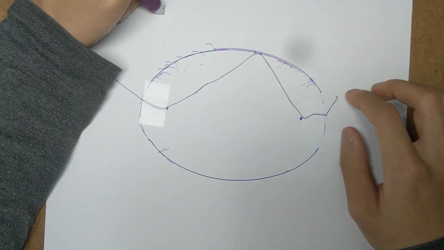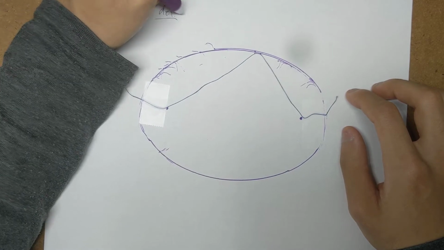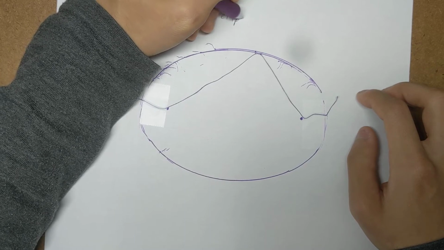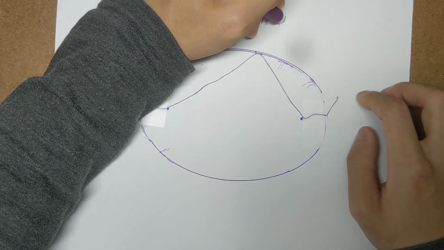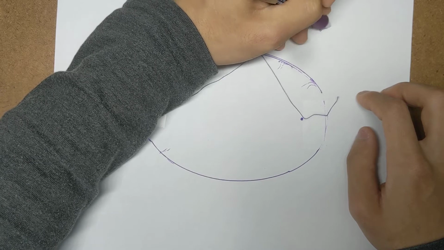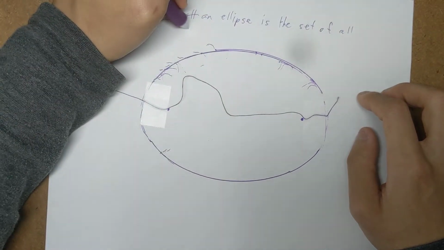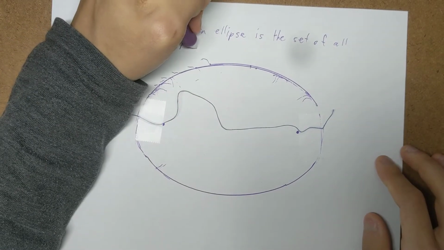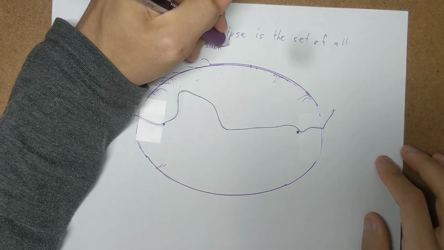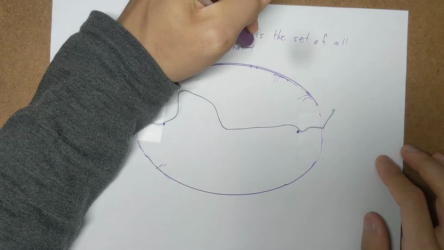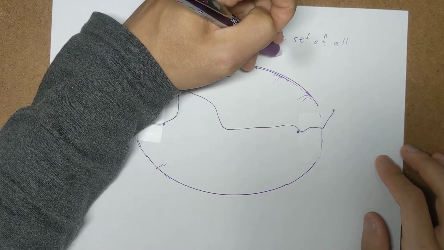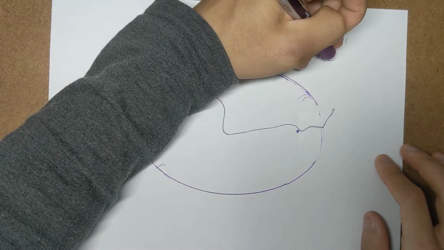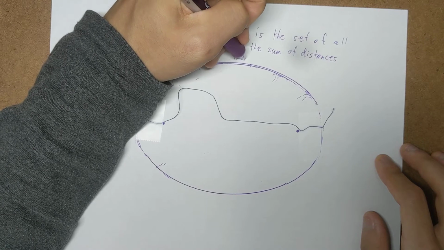So I could define an ellipse as such. An ellipse is the set of all points such that the sum of the distances from, let's say, two foci